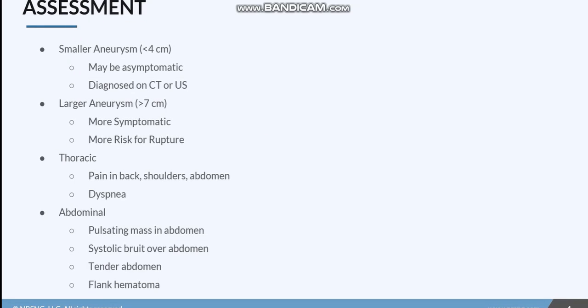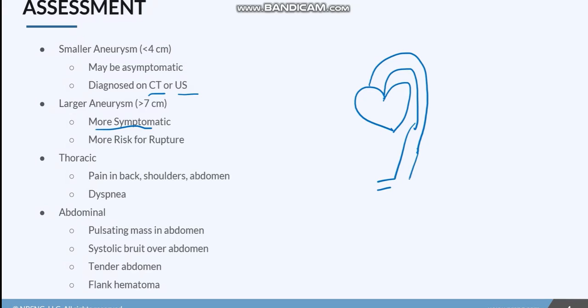Now, smaller aneurysms may not be symptomatic, but you'll still be able to see them on a CT or an ultrasound. The larger the aneurysm, the more symptomatic and the higher risk for rupture. So what's the difference in presentation between a thoracic aneurysm and an abdominal one? Well, if this is your heart and here's your aorta coming off, and then about halfway down, you've got your renal arteries going out to your kidneys, and then the abdominal aorta continues down. So if we have a thoracic